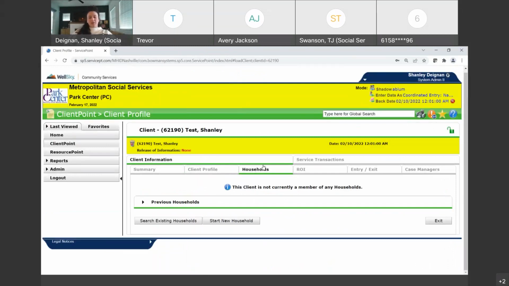Okie dokie, moving on to the household tab. This is going to give us the ability to document a household if the person that you're working with is in a household. That's not always going to be the case. If you're working with an individual, you're going to skip this tab altogether. So this is truly only going to be if the client has identified that they want to work towards housing